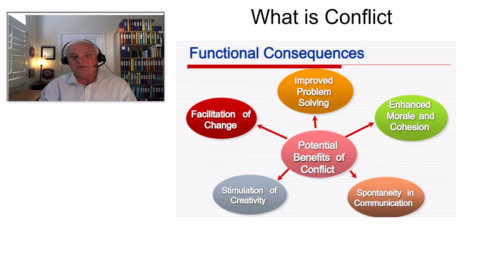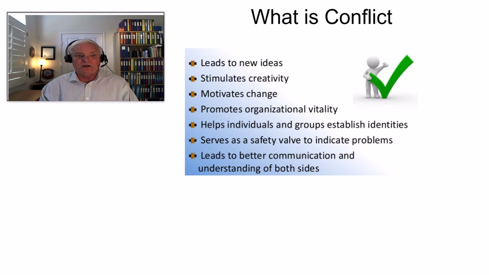Now there's one person that I have always heard of and have had described as a master of this, and that was Steve Jobs. And he used to love to create conflict and chaos in some of his environments so that he thought it would increase or stimulate creativity. It would lead to the ability to really come up with new, unique ideas. Now that's a very, very tough thing to balance, because negative conflict is so bad many times that it prevents us from being able to look at things from a positive conflict perspective.